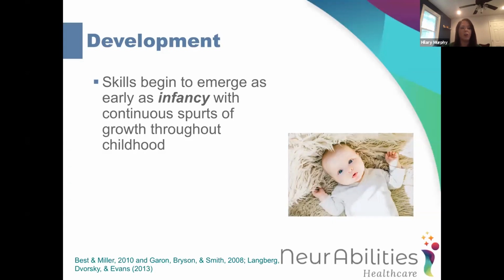Now, I had mentioned a couple minutes ago that this is something that develops throughout the lifespan. For many years, there was this misconception that executive functioning in particular really didn't come online, if you will, until much later in adolescence and childhood. And we really know that that's not 100% true, that the foundational elements of these skills start to develop